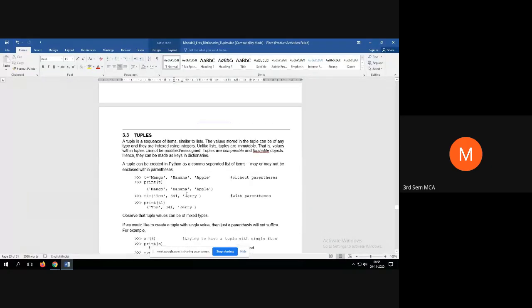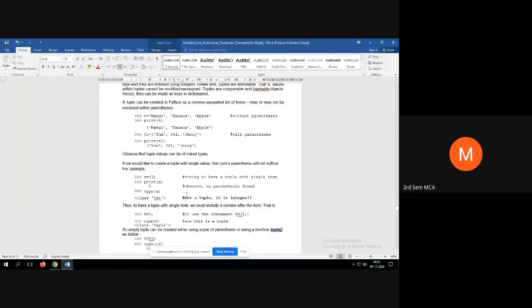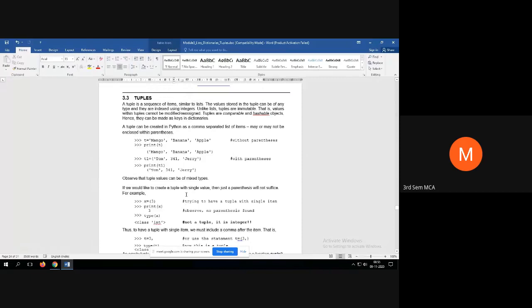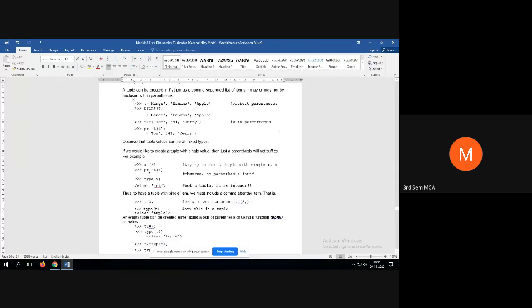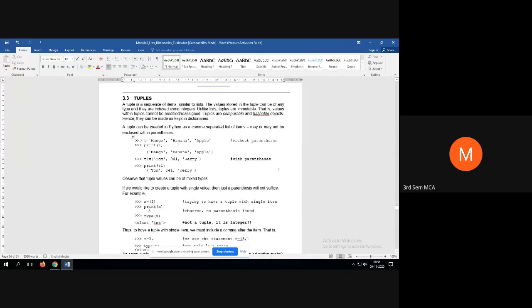Okay, after that, tuples. Students, we have already discussed tuples. We know what a tuple is, how to create a tuple, and what the basic methods are that we can implement under tuple. But now we are studying tuple itself as a major topic. So students, tell me what is a tuple?